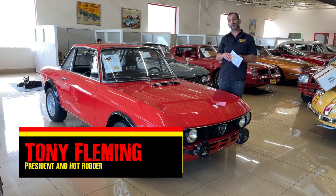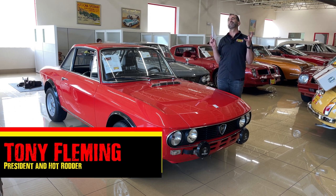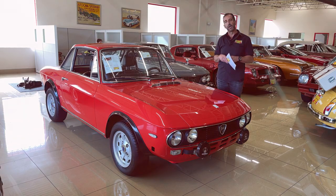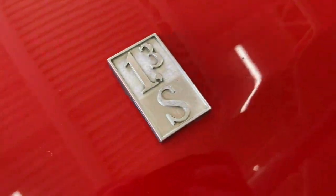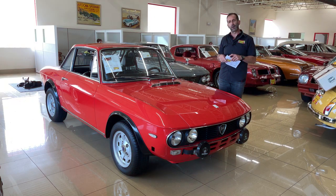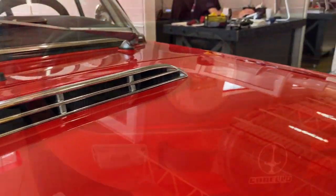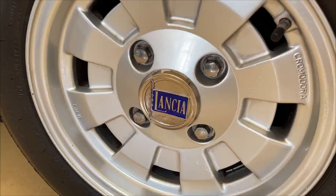Thank you for joining me on this, I don't know, what I call an amazing sports car from Italy. This Lancia Fulvia 1.3, it's the S model, right? We're going to look at some details on the car. We're going to see the quality of paint. We're going to look at restoration, upgrades, and I've got to tell you, this car is one